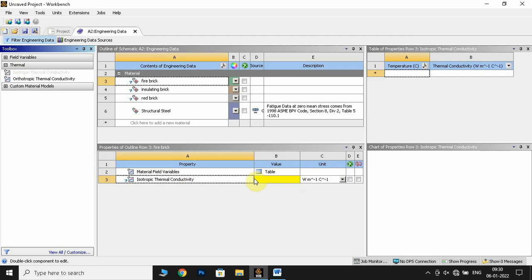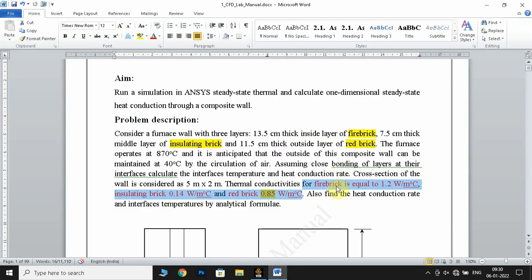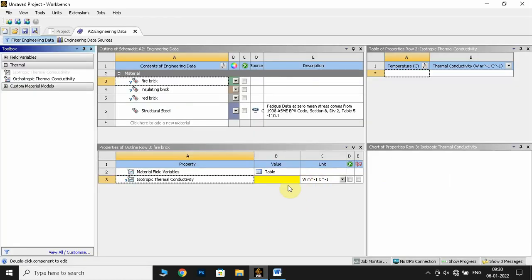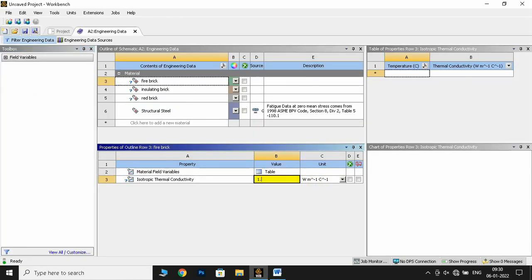So now we can give the thermal conductivity of fire brick. You can see there's a small highlighting around the fire brick, and the thermal conductivity of the fire brick is 1.2 watt per meter degree Celsius, and the units are right, so 1.2, enter.